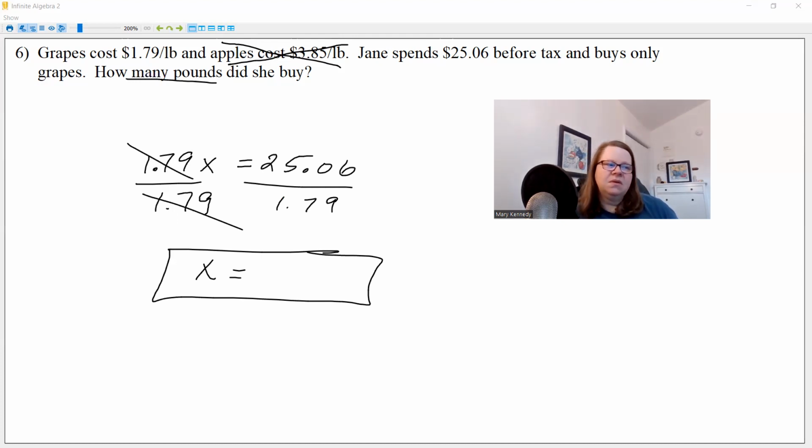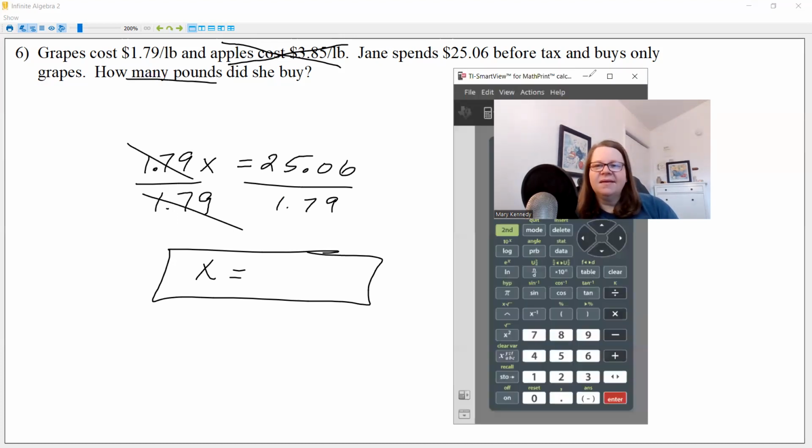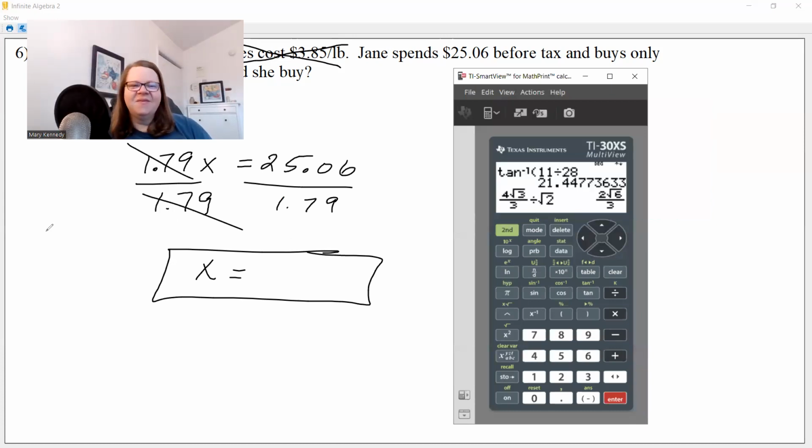So calculator time, right? Let me bring that in. Let me move my video over. Okay, so we've got 2506. I'll clear this out. 25.06 divided by 1.79. Doesn't it come out nice and clean? How nice. All right. She bought exactly 14 pounds of